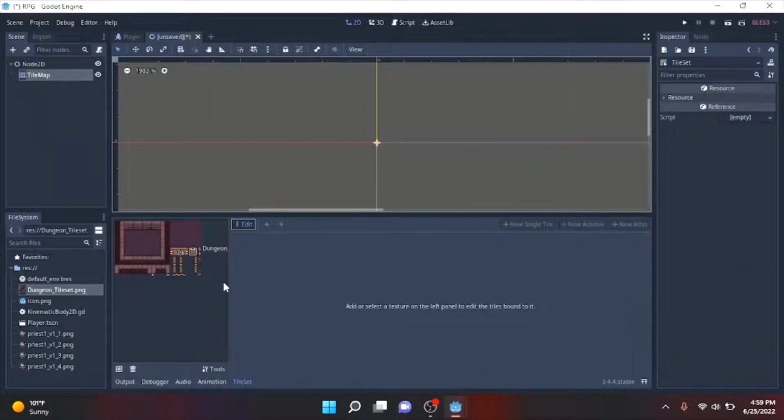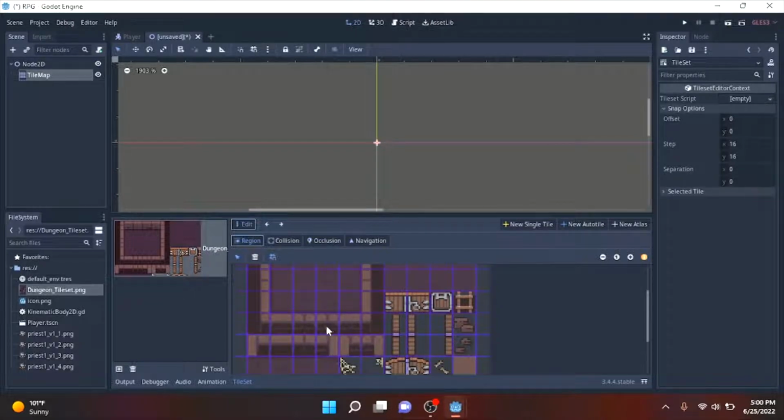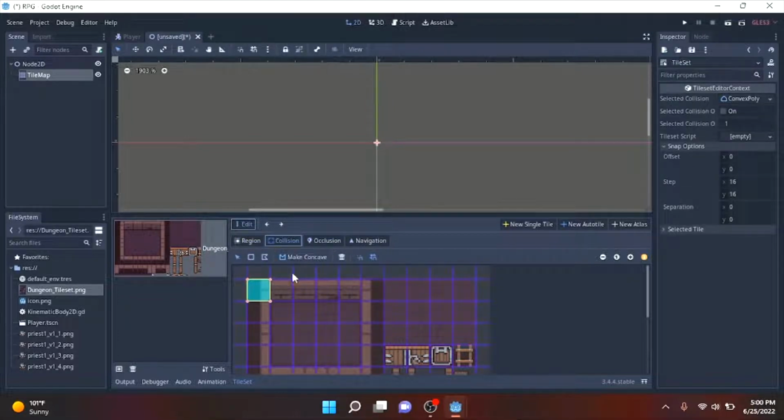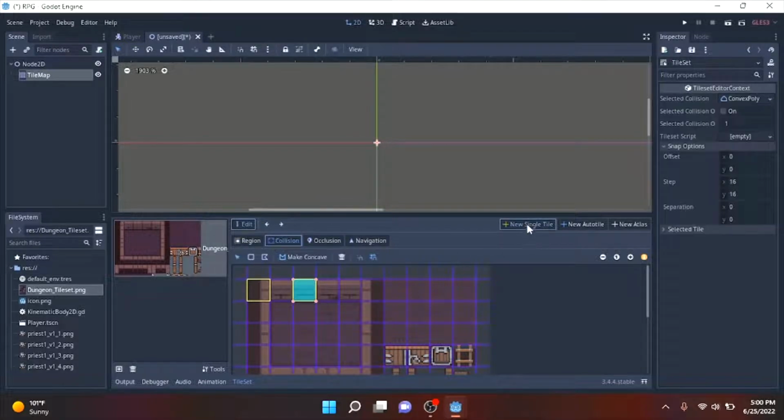Oops. So, yes. So now we can select it. And a bit mask is very powerful because then you're able to make a box as large as you want. But we're not going to be using a bit mask for a few reasons, which I'll get to later. So then I'm going to give it collision. I'm going to select this, click new single tile, select this one, give it collision, then new single tile,